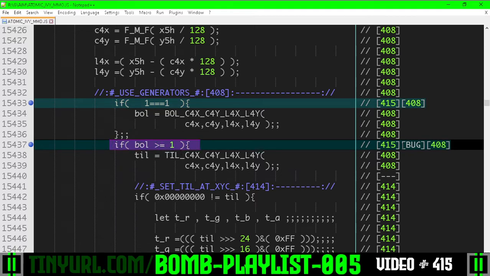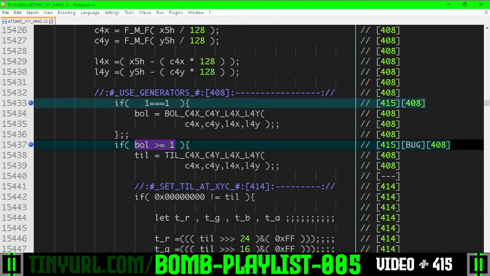So you can see that I wrote a bug here in video 408, and we're fixing that bug in this video 415. Because we use negatives for booleans, negatives are truthy, therefore we have to say if the boolean is greater than or equal to 1. And negatives being truthy doesn't quite make sense to me, but that's the behavior I got. So we're going to make sure that explicitly the boolean is greater than or equal to 1 if it's in